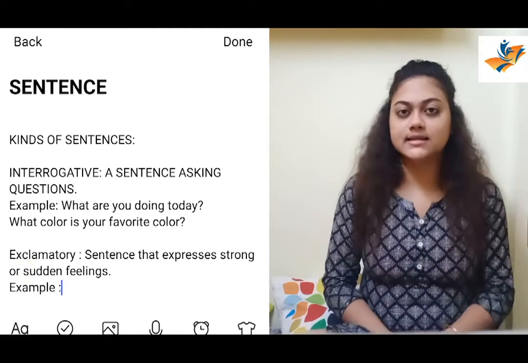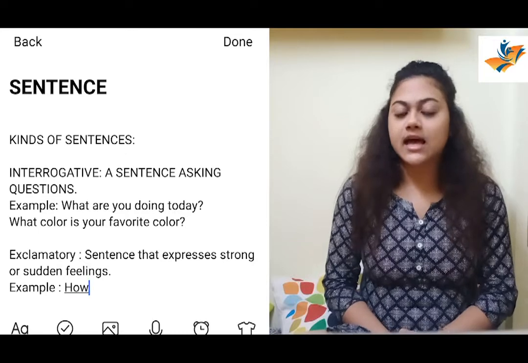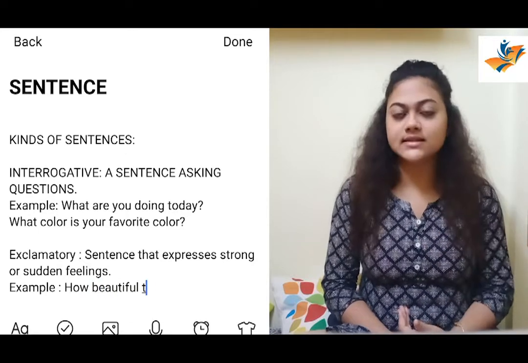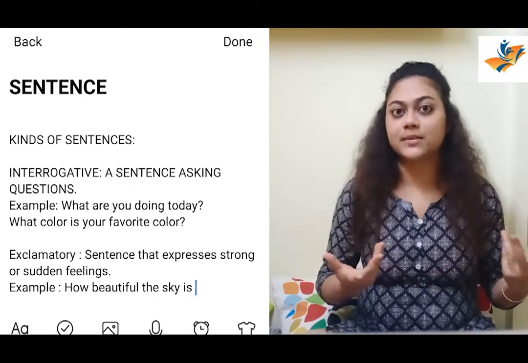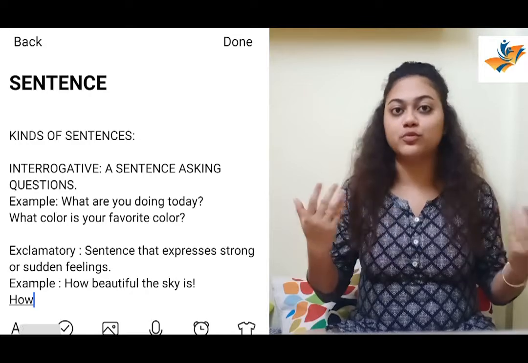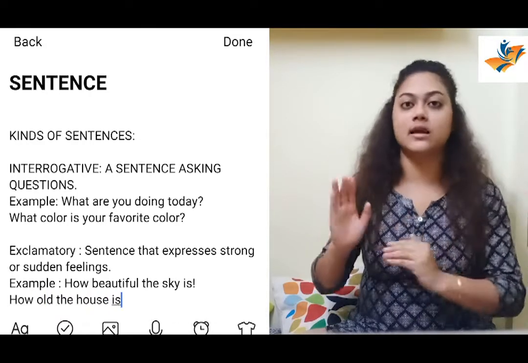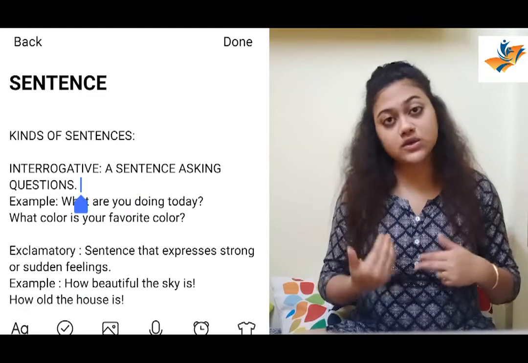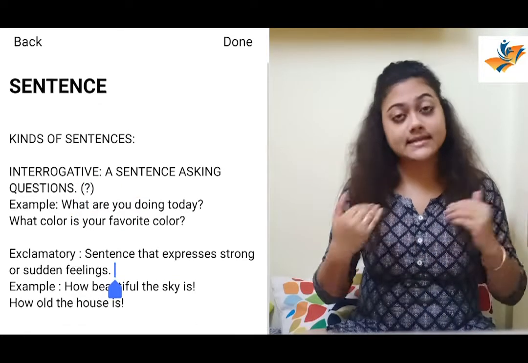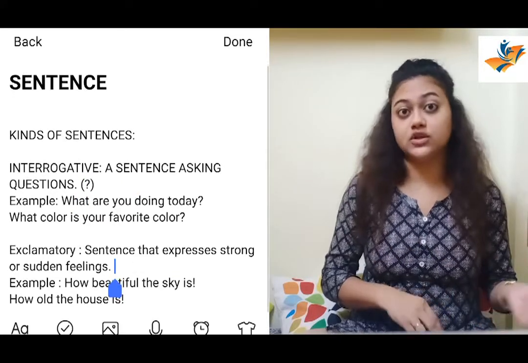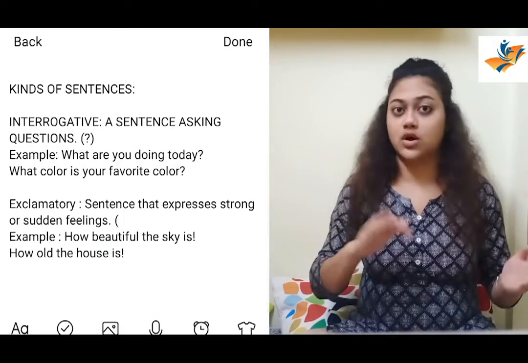Like all these days, it is raining a lot, and whenever I am going to the terrace, I myself use a lot of exclamatory sentences. Wow, wow, how beautiful the nature is looking. So all these are exclamatory sentences. You will also get to transform exclamatory into interrogative, into assertive, and vice versa. All will have the changes given.